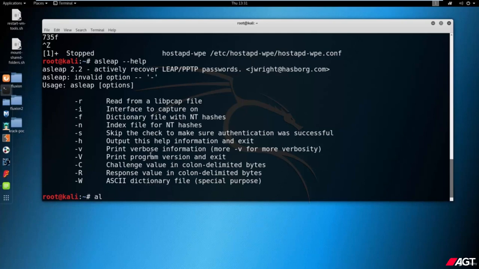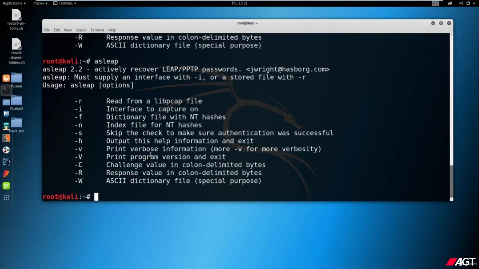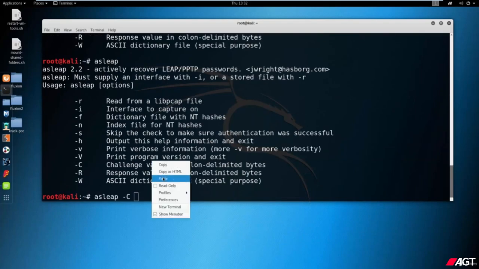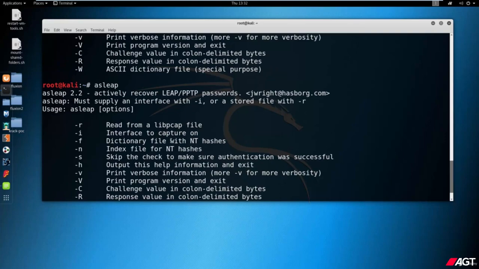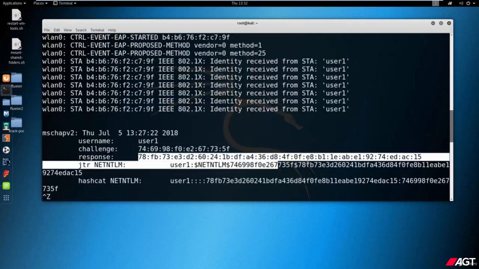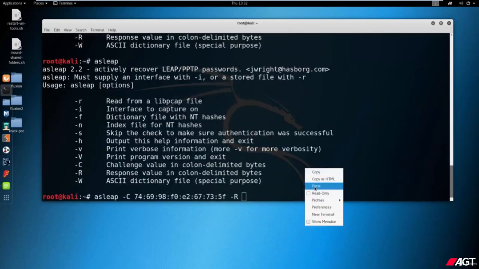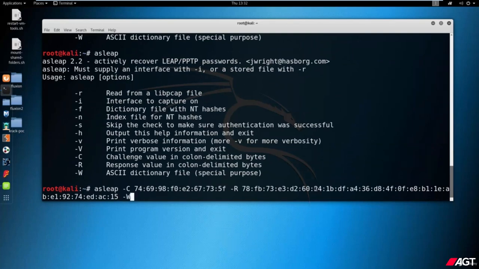So let's just do asleep again with C, and let's just copy the challenge and paste it over here, and then we will use R for response and then copy the response, paste it over here, and then we will use capital W for dictionary, and the dictionary I have saved in root. So the dictionary name is wordlist,